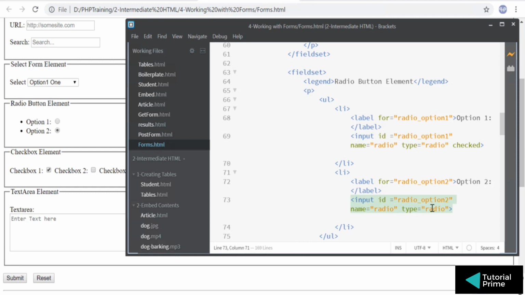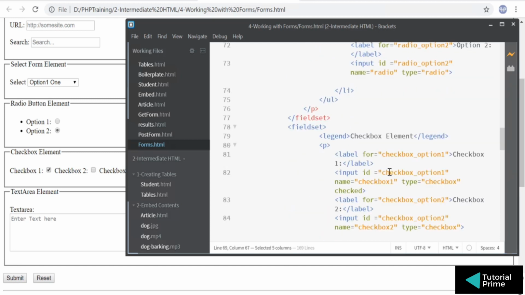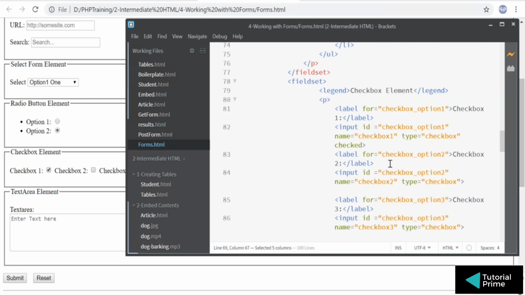The only thing you have to remember in a radio button is the name. You have to give the same name, then they become one group. And how do you add checkboxes? Again, the type is checkbox. Once you say input and type is checkbox, the checkboxes will appear.